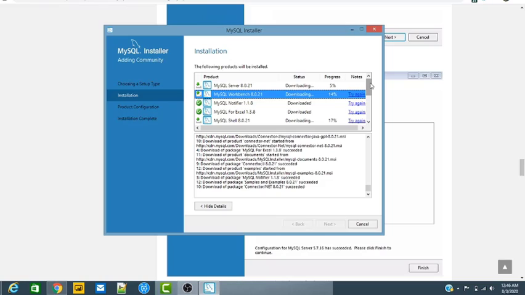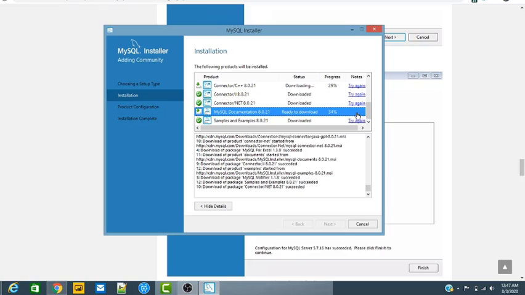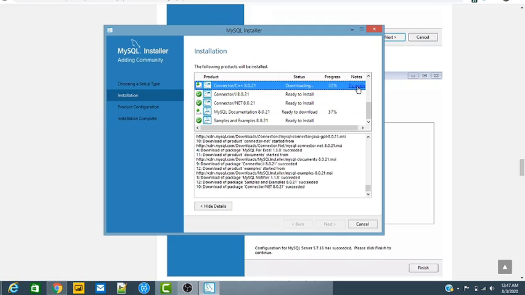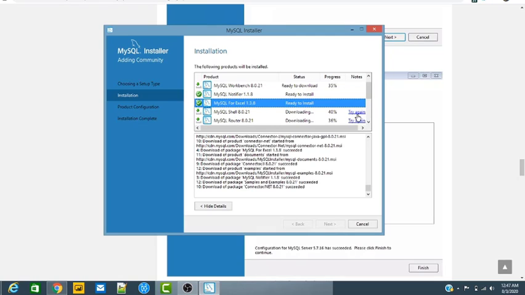It will definitely take some time because of the downloading. So some packages are downloaded and some of the files and packages are under process. So I clicked on all the packages to download.